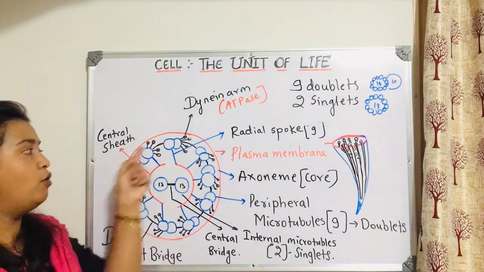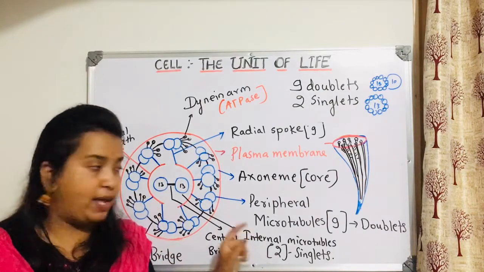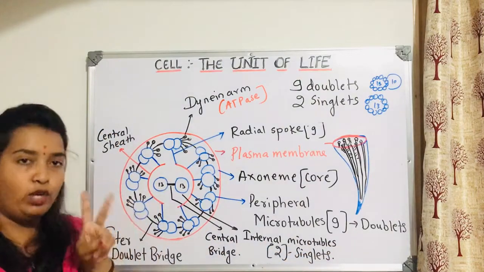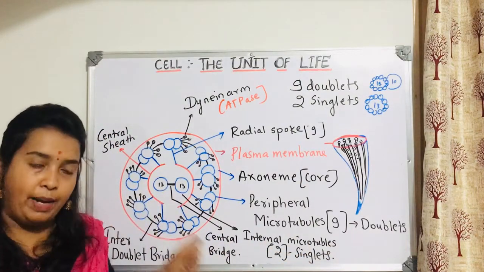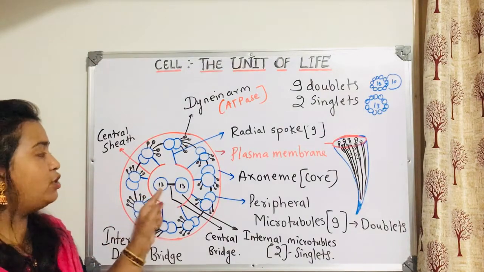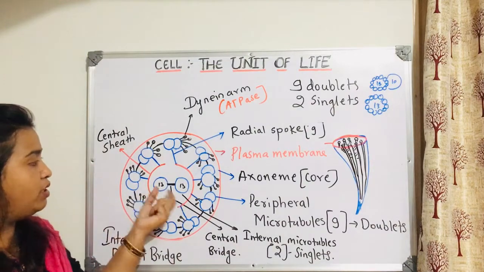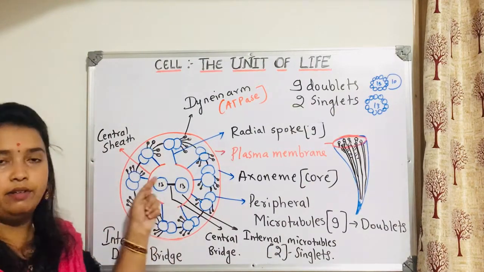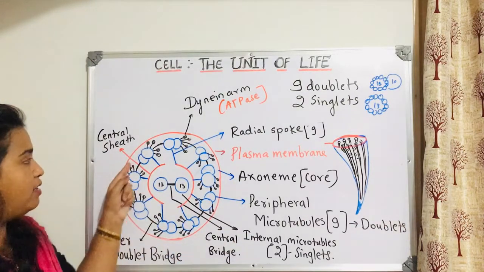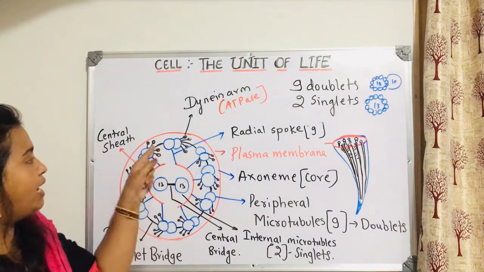Now outside there are 9 doublets. Those are called peripheral doublets, peripheral microtubules, which are doublets and they are 9. Inside we have only 2. They are internal microtubules and they are only 2. They are called singlets. Now these 2 singlets are connected by a bridge called the central bridge. Outside these tubules you will find a sheath covered, and that is called the central sheath. It's a proteinaceous sheath again. After that, these 9 tubules found outside, doublets, are connected by a bridge again, and this bridge